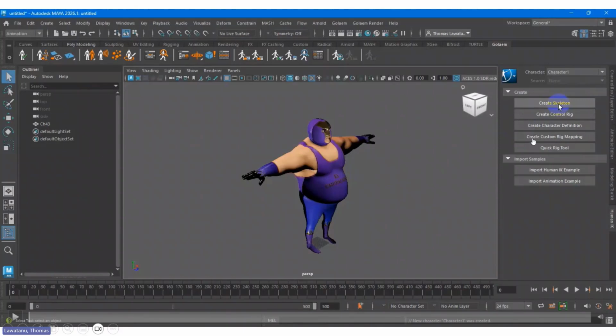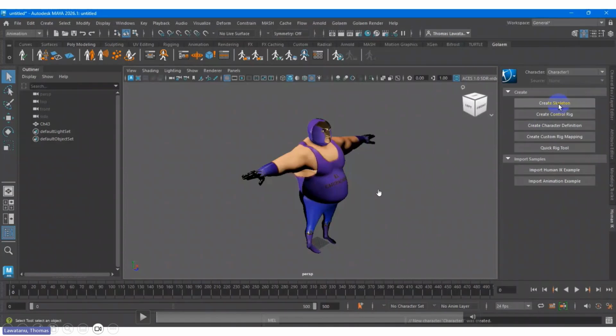There are a couple of options. Let's say you create, because this is step by step, like a wizard, inside Human IK. First is create skeleton, and then there is create control rig, because once you get the skeleton, you need to create the control rig. Once you have the skeleton, you can characterize and generate the control rig via Human IK.